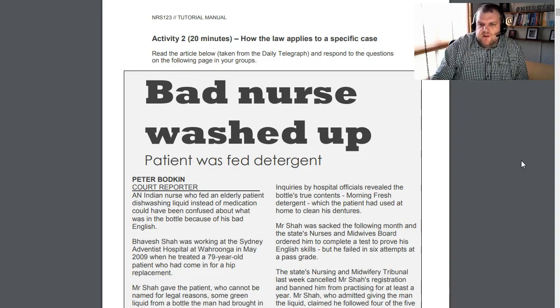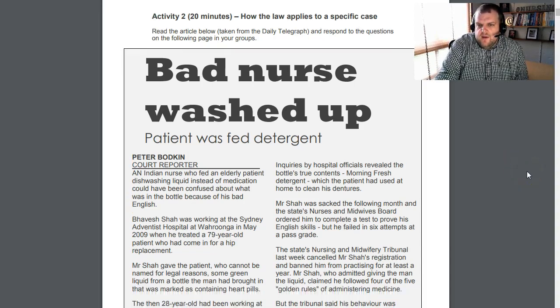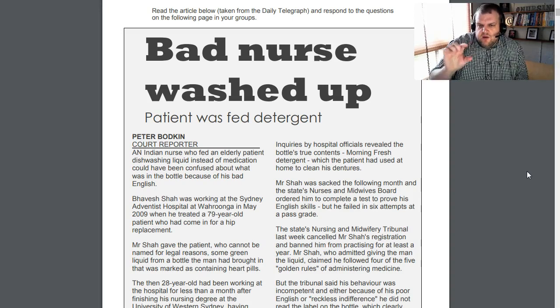We're going to go through it three times through the session. It's about a guy that fed dishwashing detergent to a patient. He administered dishwashing detergent in a medicine cup, thinking that it was a heart medication. And we'll look at the details of that later on. But first of all, we're just throwing out this case to ask, with the things we've just talked about, how do